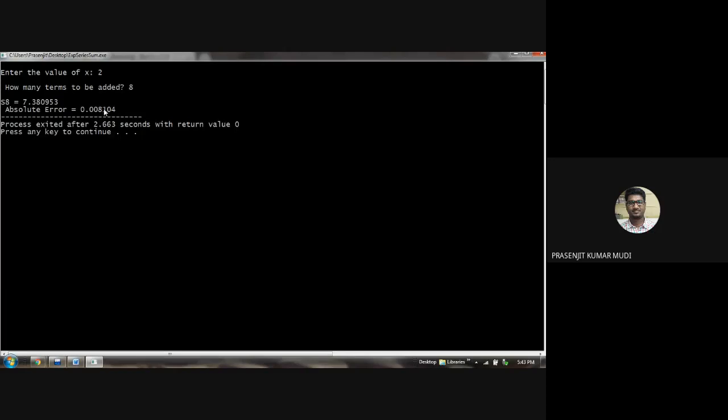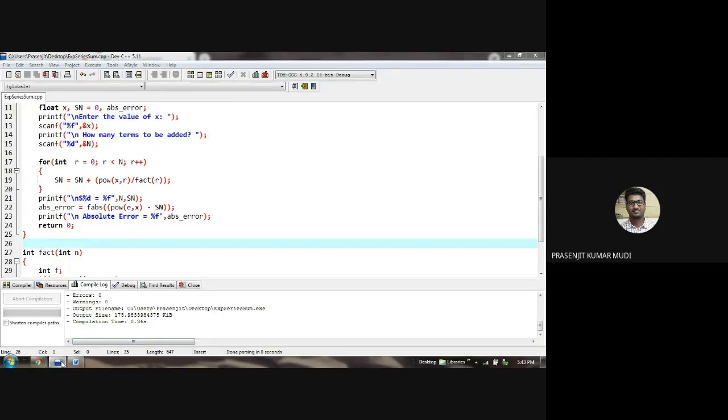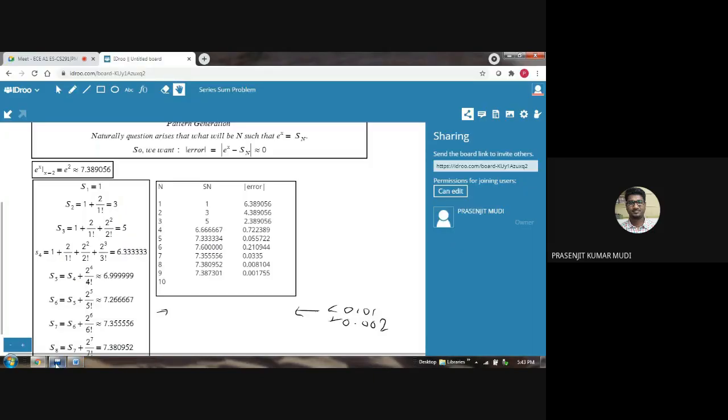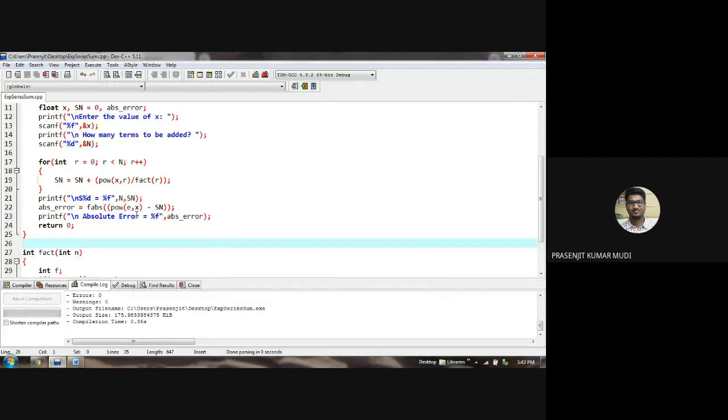0.008. Is it less than 0.01? Yes, it is. So the question is, what is the number of terms a user can give so that error is well less than threshold error? So it's a trial and error process, right? But we want to write a program which will calculate for us the minimum value of n required to achieve error